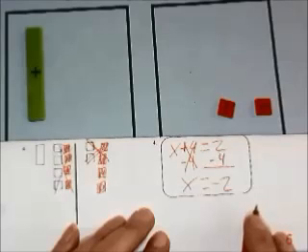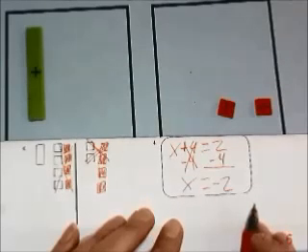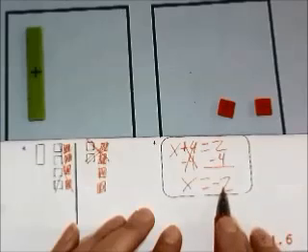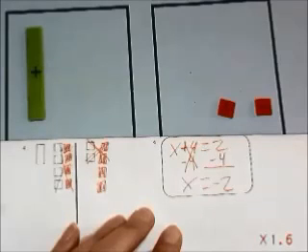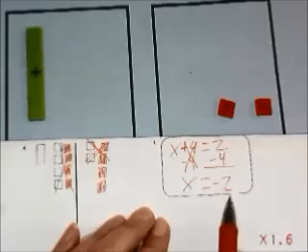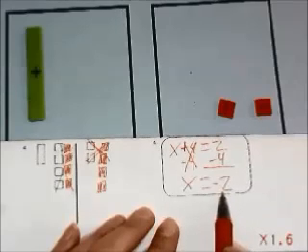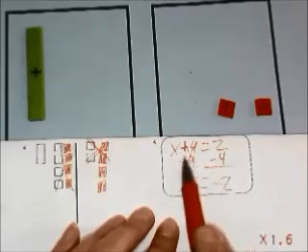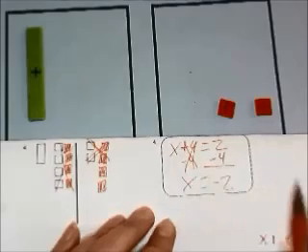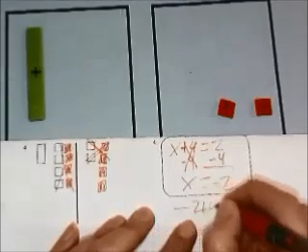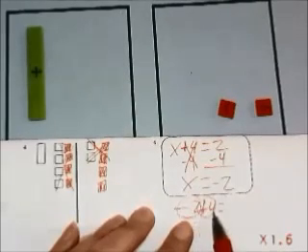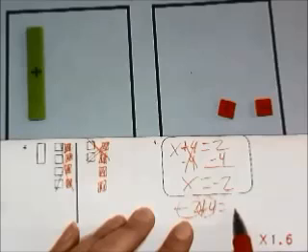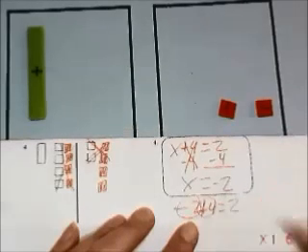Negative 2 plus 4 equals, if you owe $2 and you have $4, remember 4 positives, 2 negatives, you have $4, you owe 2, you're going to pay the 2, and you still